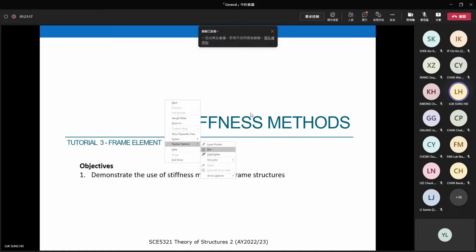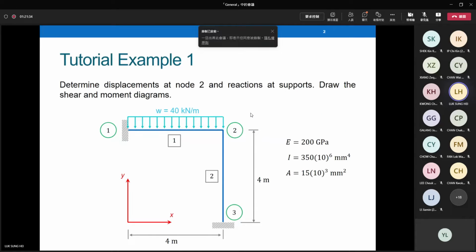This is really the last part of CMOS method. Tutorial 3 for our frame structures. We have only 1 objective in these tutorial sections, which is to demonstrate the use of CMOS method for plane frame analysis. There are 2 simple examples to help you refresh your memory about how to play with CMOS method for frame structures. Let's see how to deal with the problems. Suppose we have simple frame structures. You know the scope of these structures. Example 1 is within the scope of our